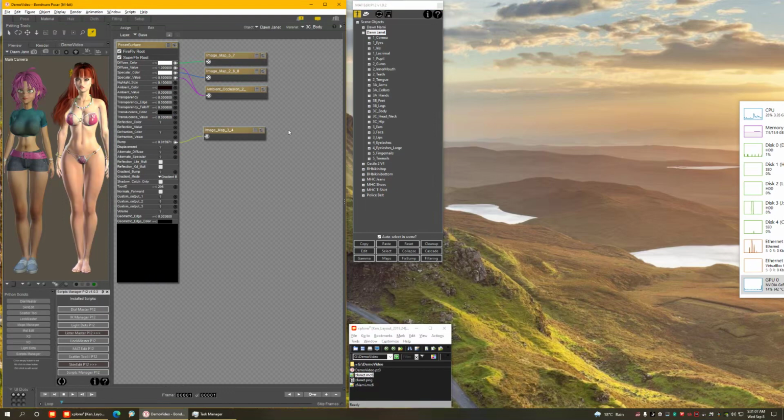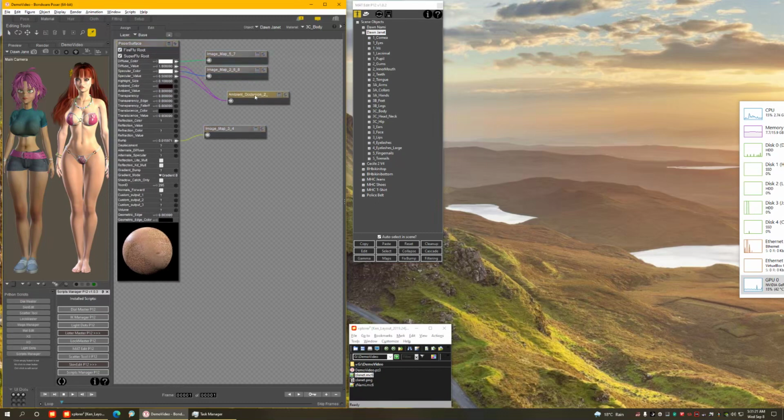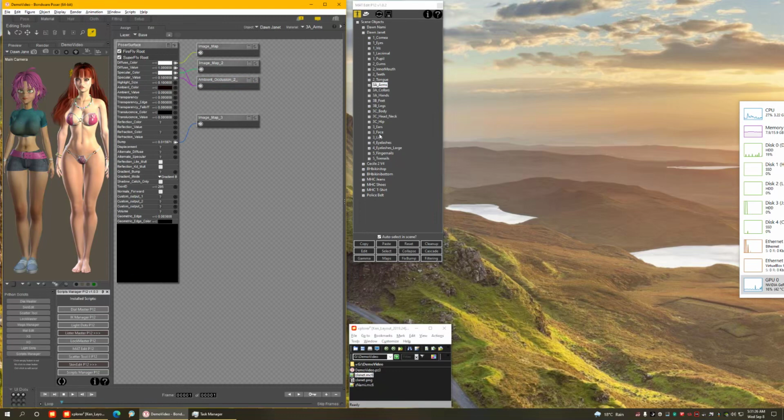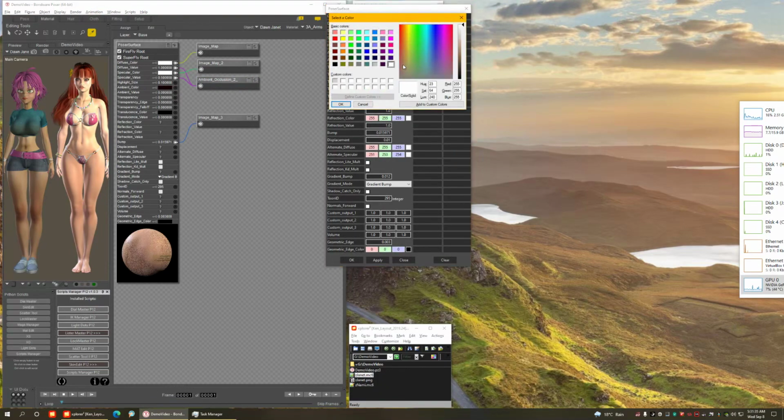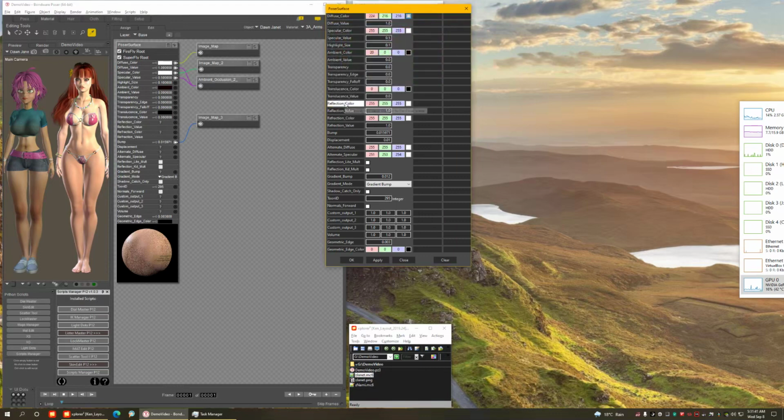All right, let's restore the materials she had before, and let's edit her materials now. If I look at what we have in the materials right now, I have some ambient occlusion here that I cannot use, but all the rest is going to be okay. So I'm going again to select all the skin materials, edit them. I'm going to change the diffuse color to add some skin color so she doesn't get totally pale. I'm going to edit the specular value,